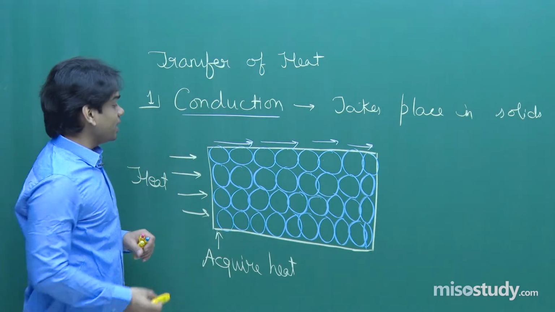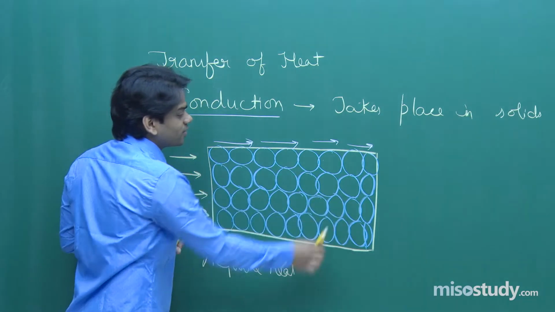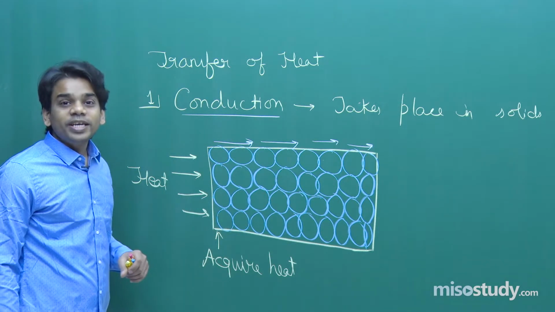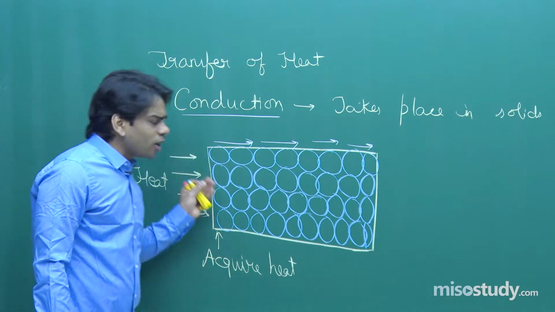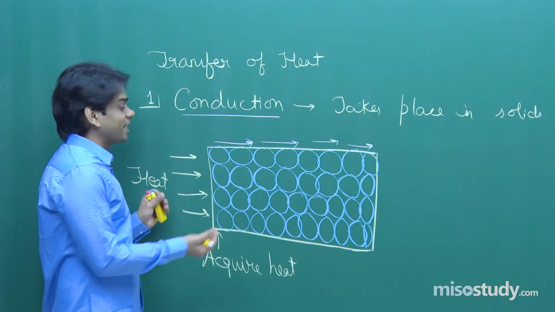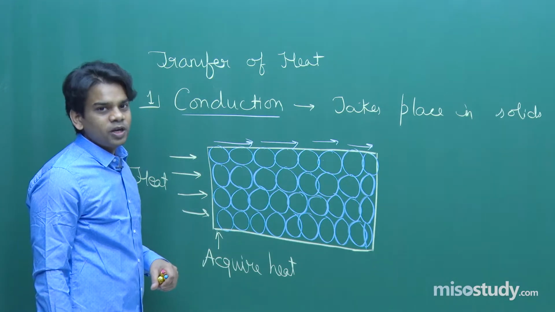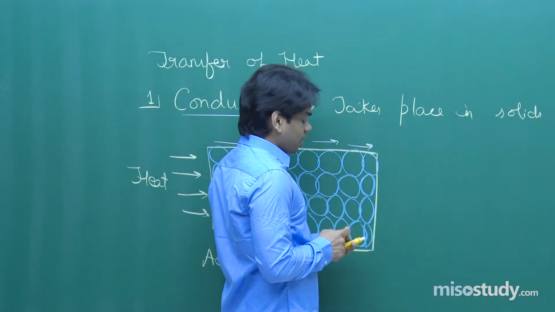So what is happening is the gradual transmission of heat from one end to the other. This method is known as the transfer of heat by the method of conduction. In conduction we can see that molecules are vibrating. When molecules vibrate, they transmit the heat energy acquired from the source to the next neighboring molecules. This is what is happening. So let me show you gradually what will happen. If I redraw this same picture again,